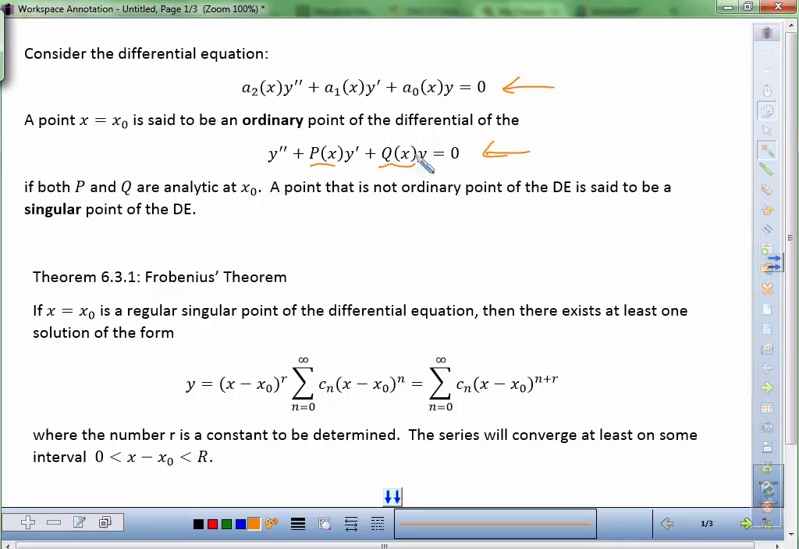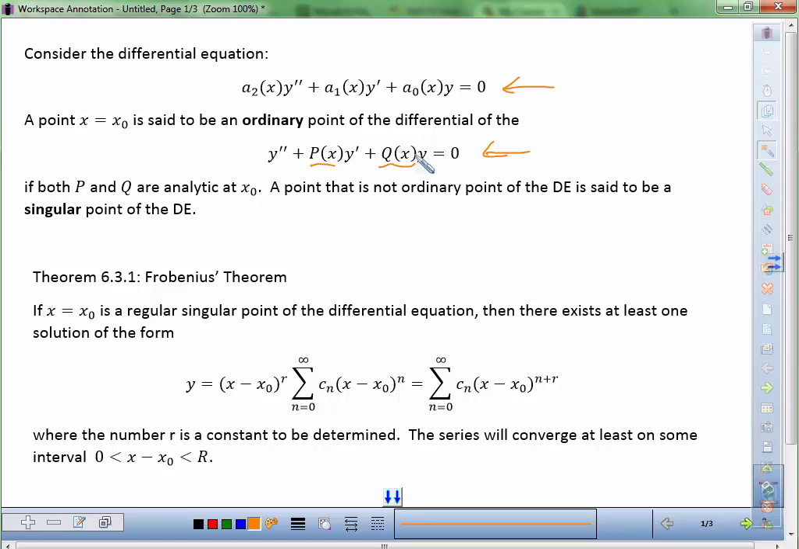What does it mean, analytic at x0? Analytic means you can take an infinite number of derivatives. But the formal definition that they give in the book is that analytic means you can find a power series around that point that has a radius of convergence that's bigger than 0. So analytic